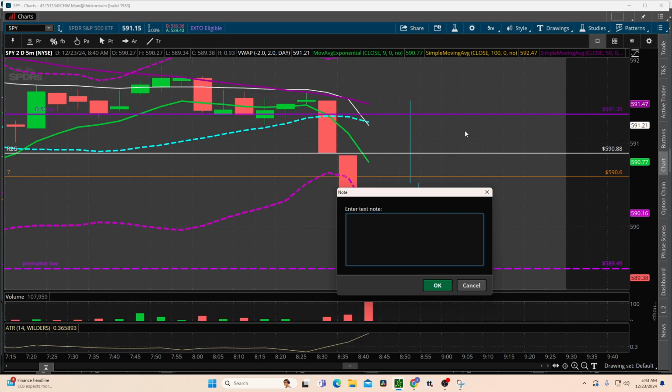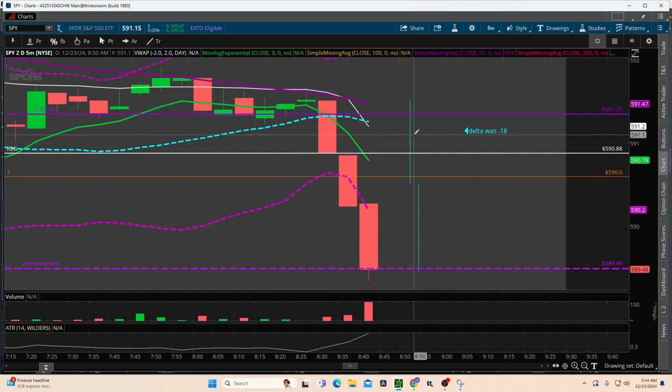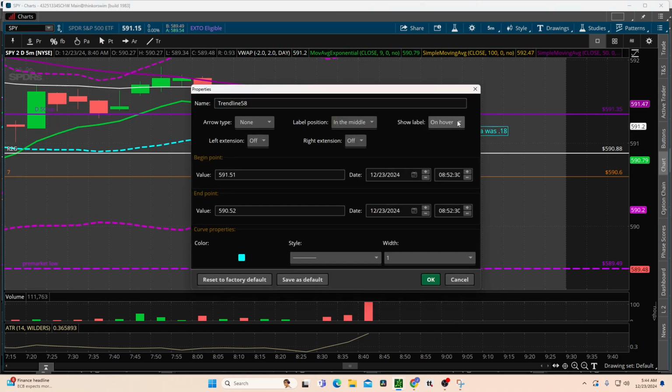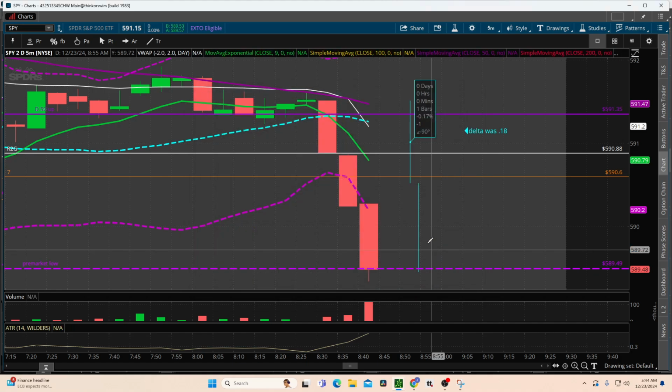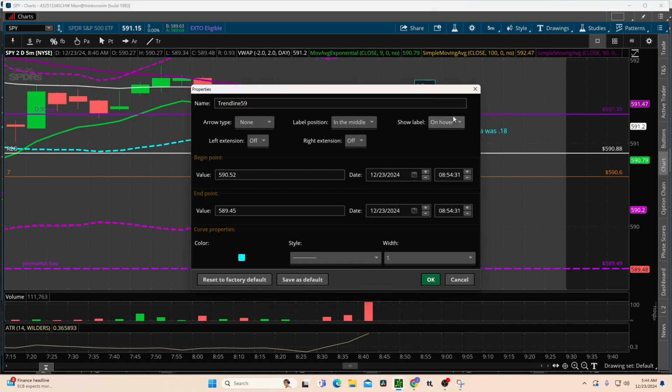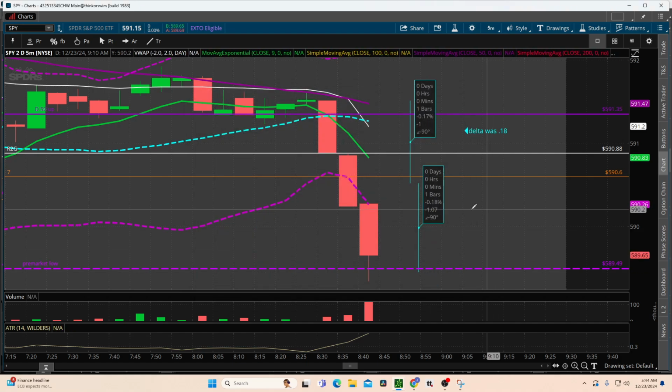First point that went down, delta was 18 cents, because it moved down 1 point. This next point it moved down, this $1 point, you're going to gain